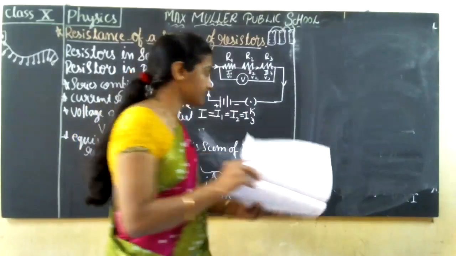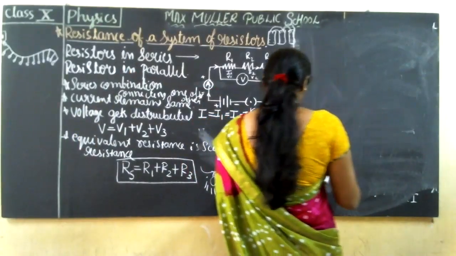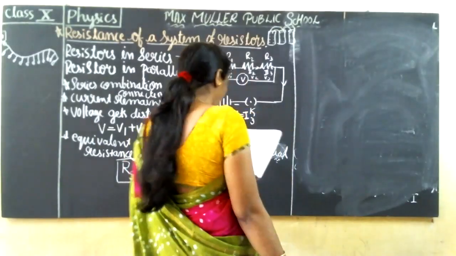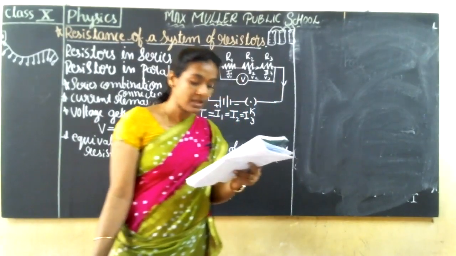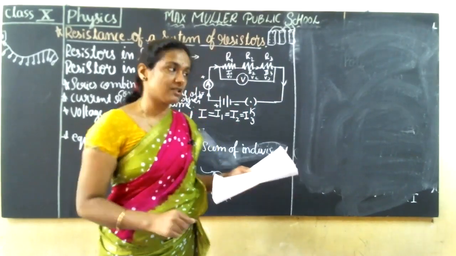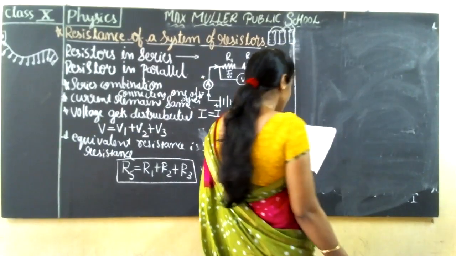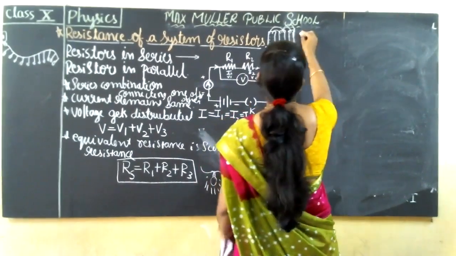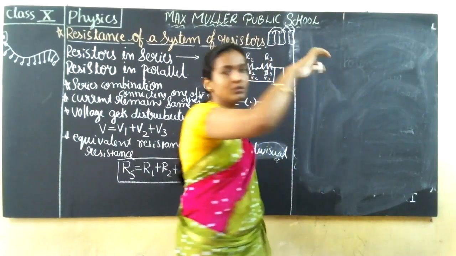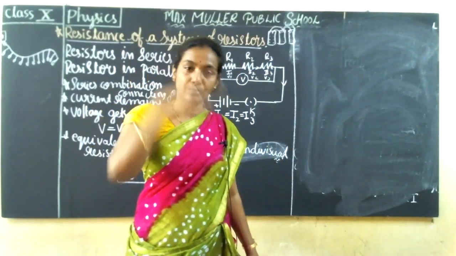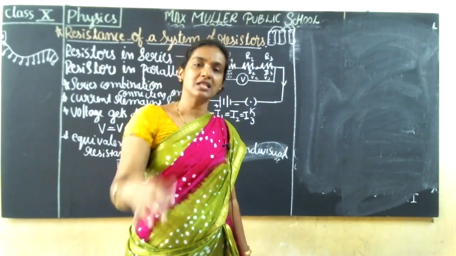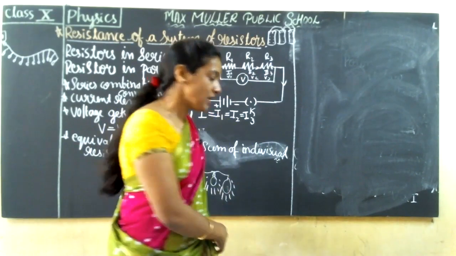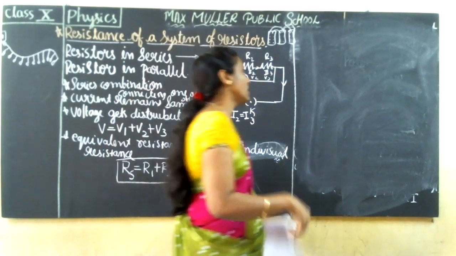Okay, so now we are going to study how Ohm's law can be applied to combination of resistors. Potential difference V is equal to the sum of potential differences. I will give you this proof as a PDF, guys. In wordings also I have written, in numerical also I have written. In the notes I will give you that one as a PDF. Now you just sit and try to understand.